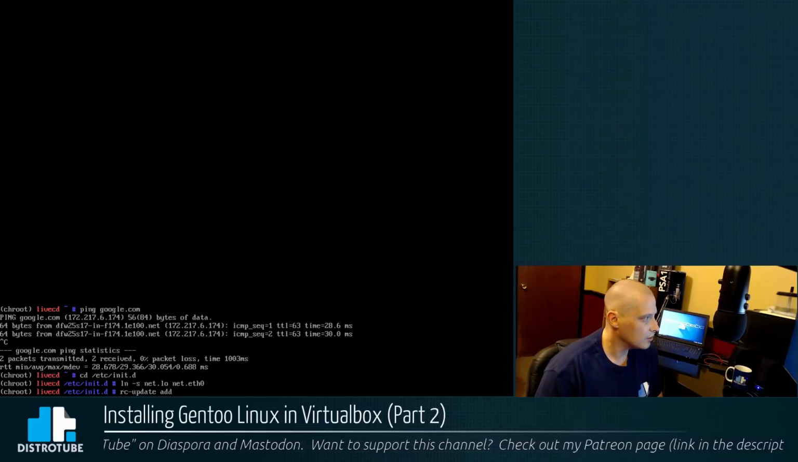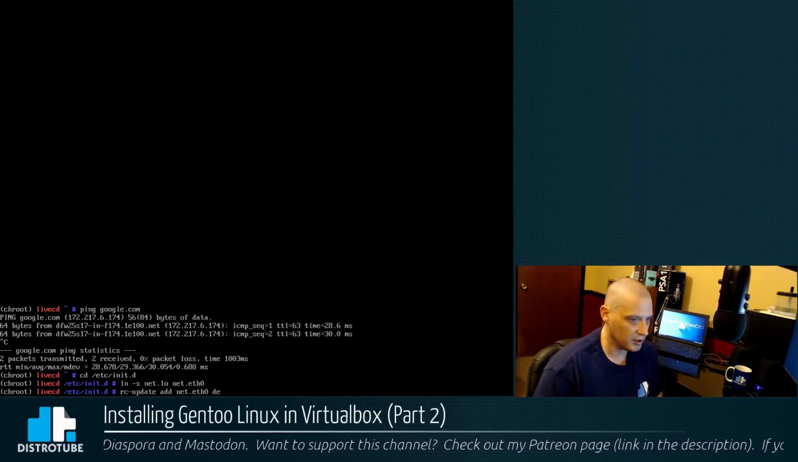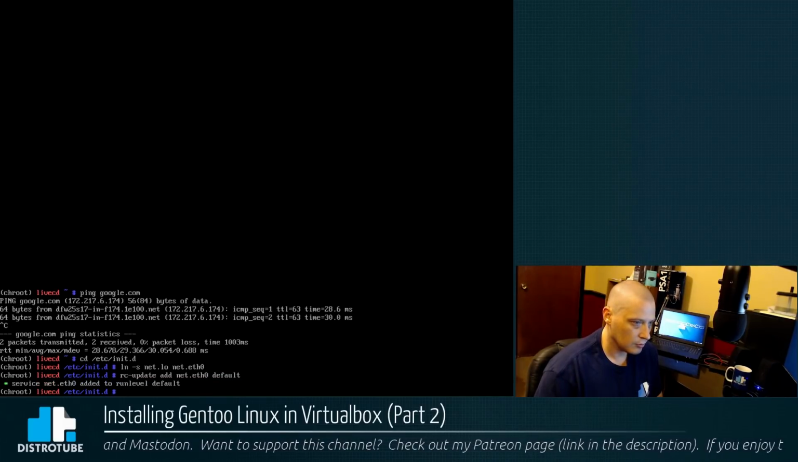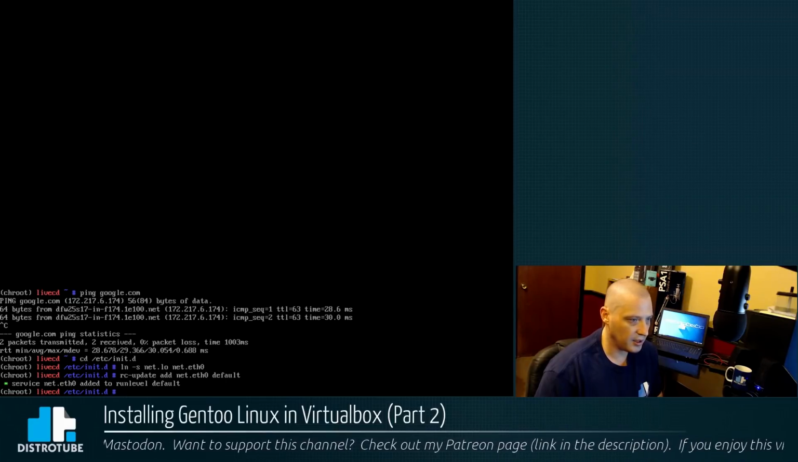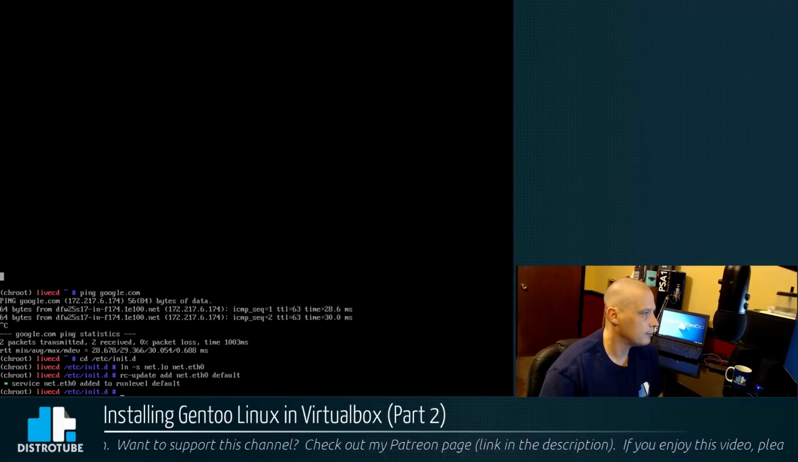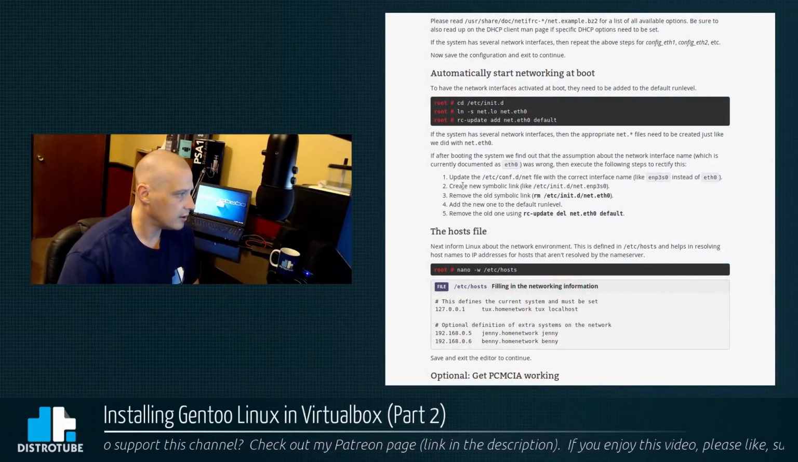All right, then we need to rc-update space add space net.eth0 space default. Okay, so service net.eth0 is added to the run level default. Yeah, I'm not exactly sure